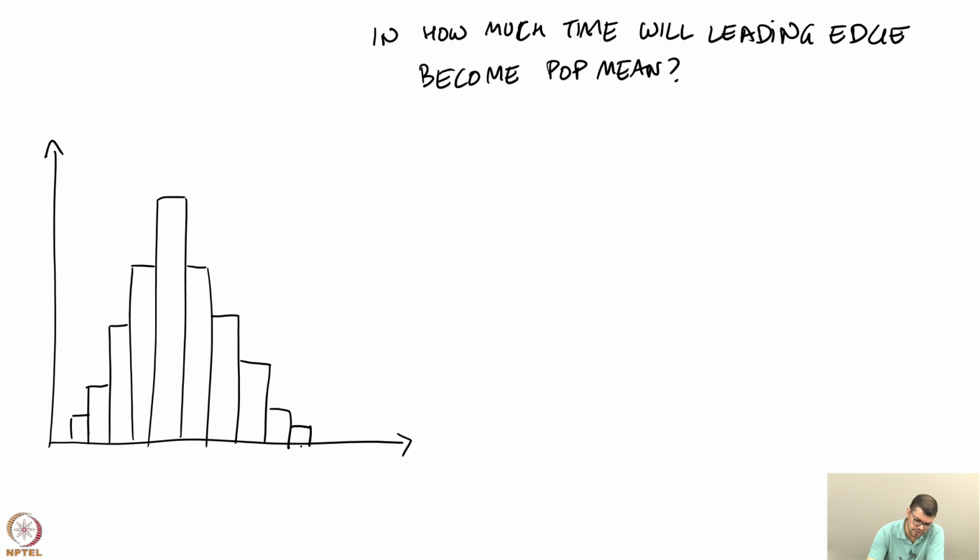So, this is the leading edge, which is K S naught. In tau time, as this is moving towards the right, its numbers are increasing. In tau time it will reach this number, in 2 tau times it will reach this number, and so on and so on, right. So the way we will approach this is that for the first tau time,